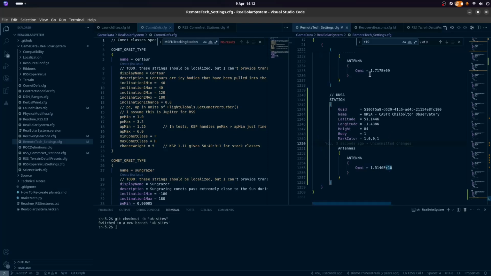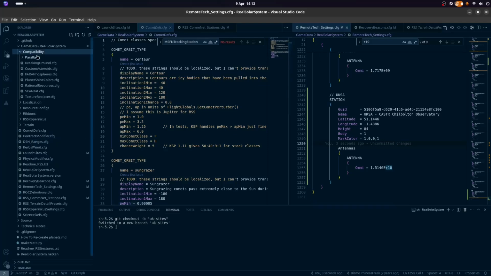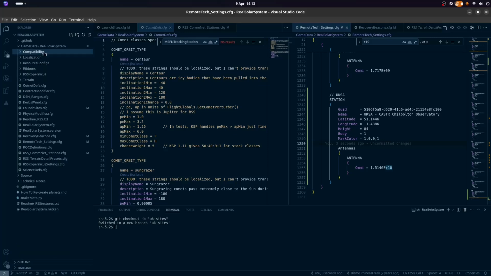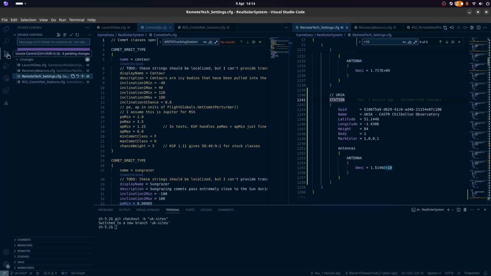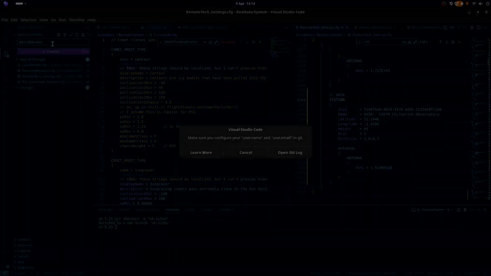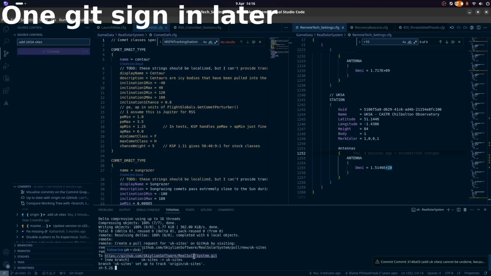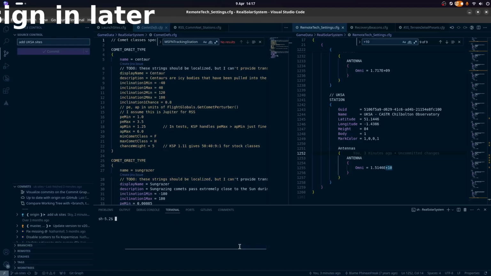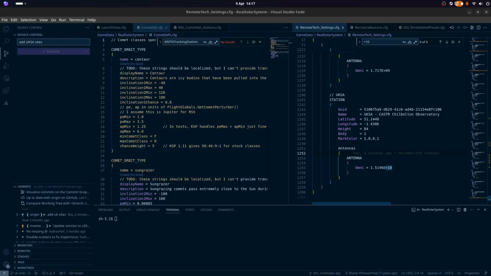And this should be everything that's needed. So I am going to double check and get back to you. Okay, so I am going to assume that this is functional, and I'm going to add DSA sites. Okay, awesome. So I have now pushed that to the thing. Sorry, I had to sign in quickly because I forgot I hadn't done that. So we are going to find that page.